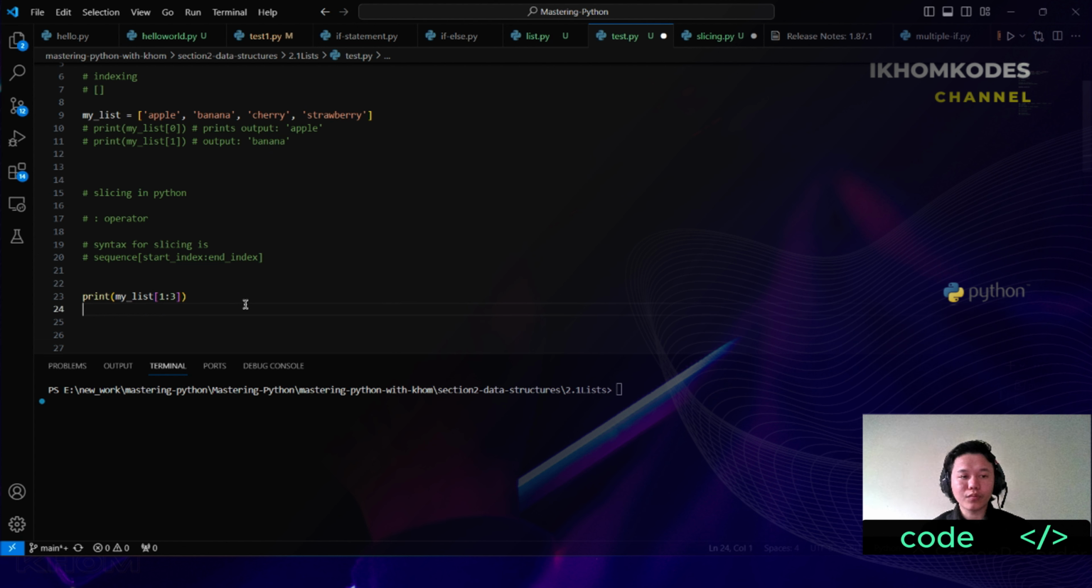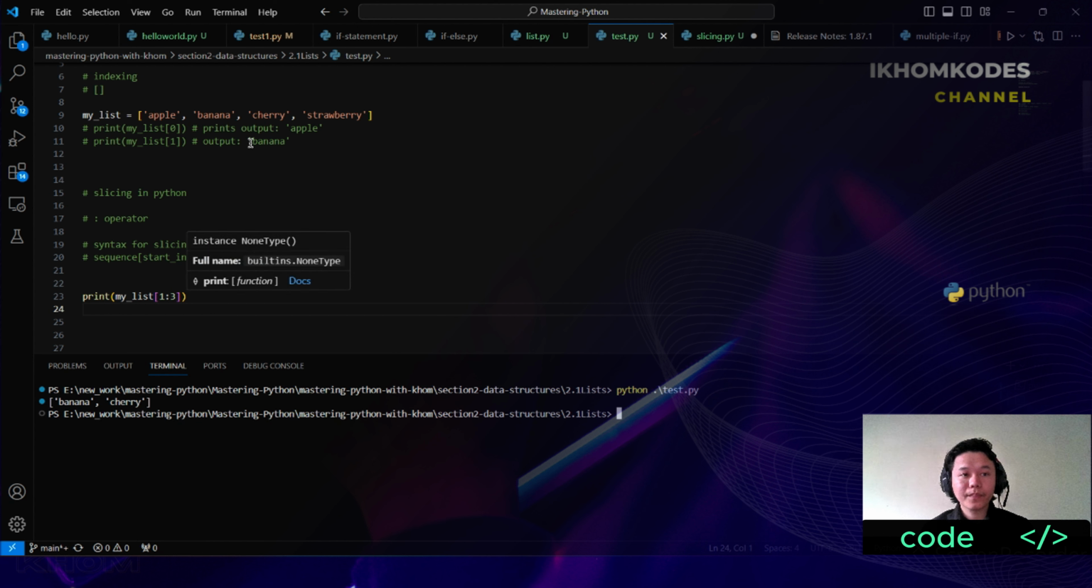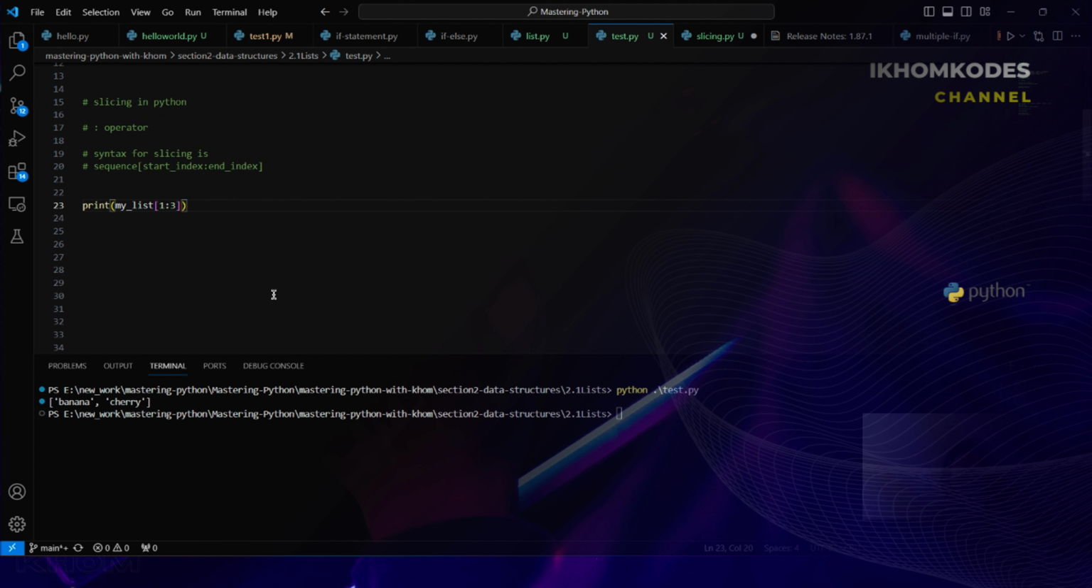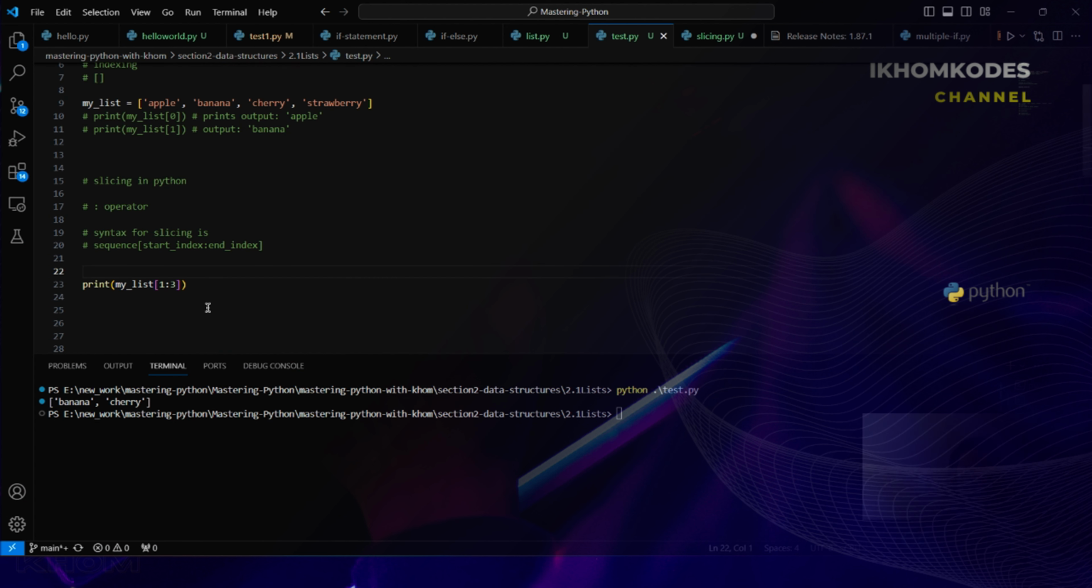Let's see whether it works or not. Let's save it and let's try to print, right? Python test.py. Yeah, good. Banana, cherry, right? So this is how slicing works. In this code, we have used slicing to access a subsequence of my list containing the second and third elements,